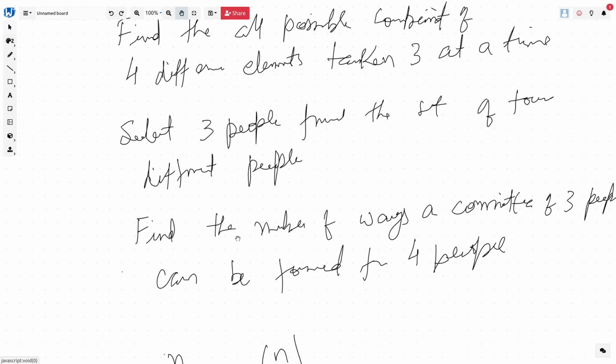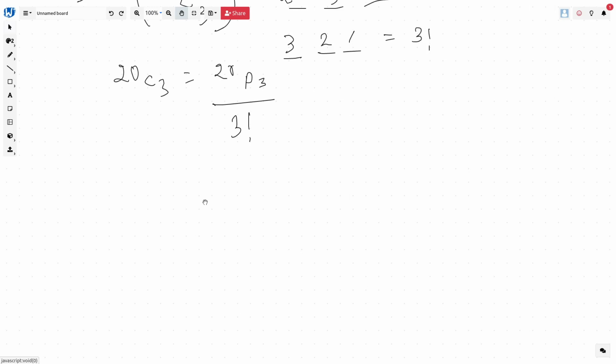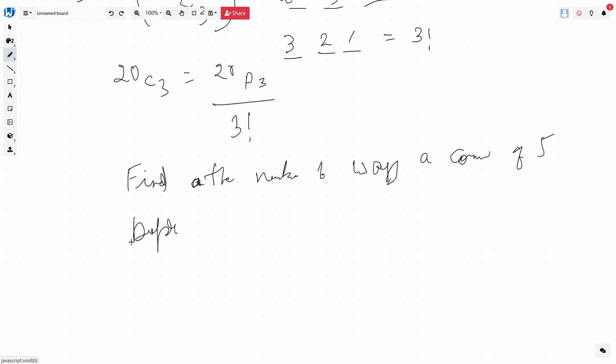So we say that finding a subset is the same as finding the number of ways of arranging where ordering is not important. First we arrange these numbers via the multiplication principle, then we divide by the number of ways this ordering can be done. Let's take another example: find the number of ways a committee of 5 people can be formed